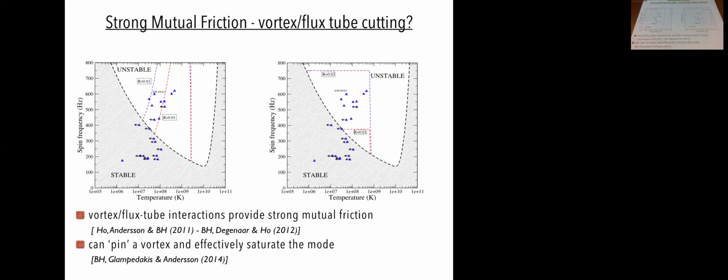So the point is that the plain vanilla neutron star model isn't enough for this instability window. And so you need to add something else. I'm saying one of the things that can work is if you have strong interactions between neutron vortices and proton flux tubes. Because yes, you're right. It's a very short time scale here, so you should never catch them there. But the thing is that you do.